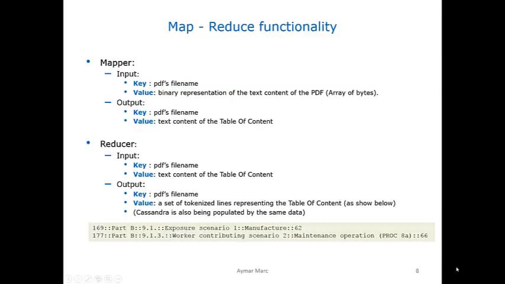this file. In order to process all those documents, I created a mapper and a reducer. The mapper gets as input a key-value pair: the file name of a PDF as the key, and for the value, the binary representation of a PDF, which is an array of bytes. The output consists of a file name as a key and the textual representation of a table of content for the value. The reducer gets the output of the mapper as input, so the file name for